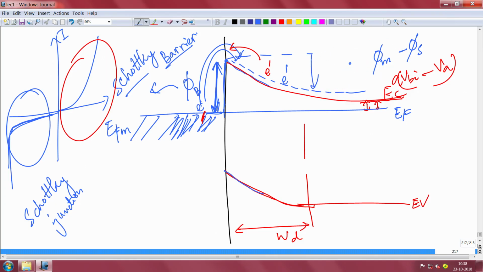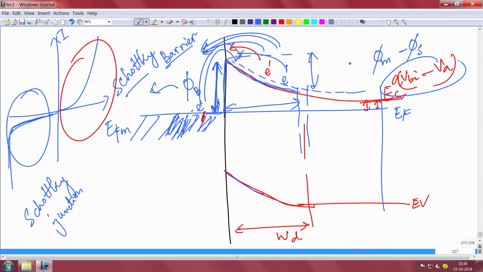So, this barrier will reduce, and the depletion width also will reduce, just like in a p-n junction, because you are applying a positive bias here, which means you can say you are applying a negative bias here. So, you are pushing the electrons away, or you can say this positive bias is basically attracting the electrons. So, electrons will come, but because there is a slight barrier here, but this barrier keeps reducing as you are applying more and more positive bias.